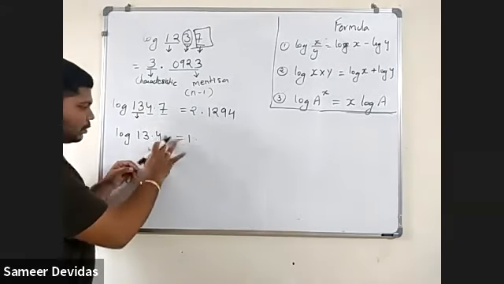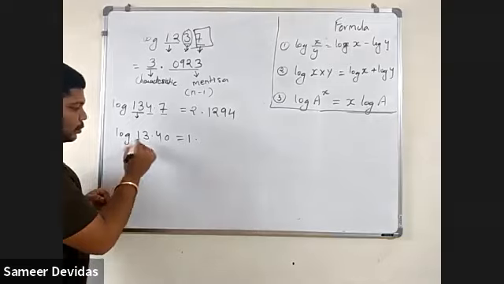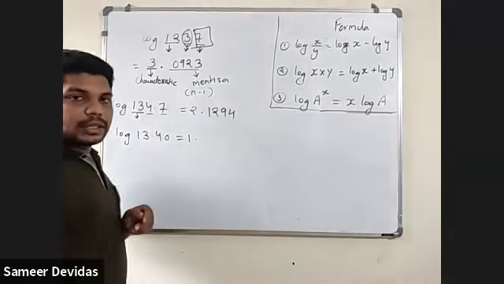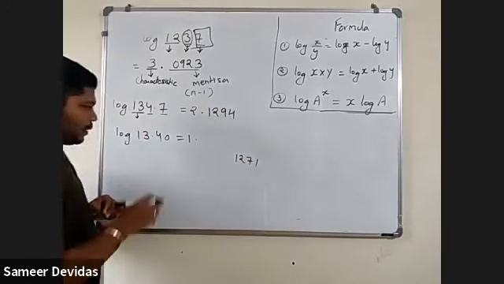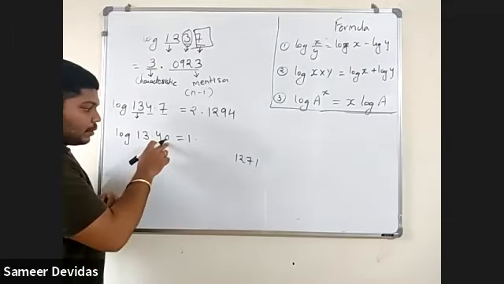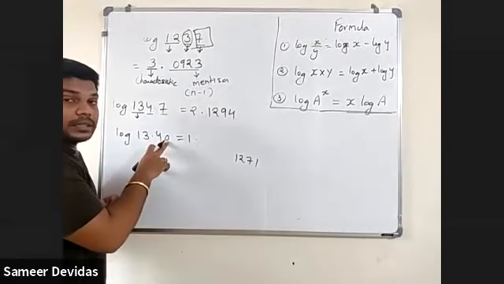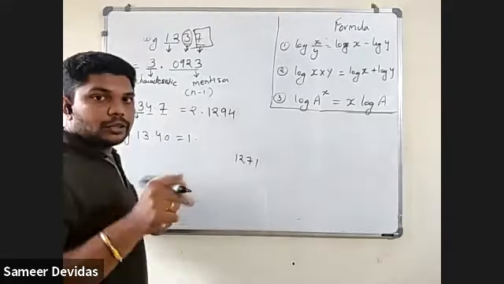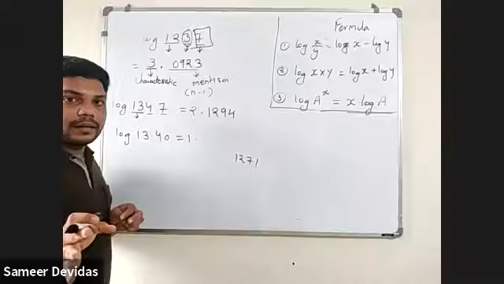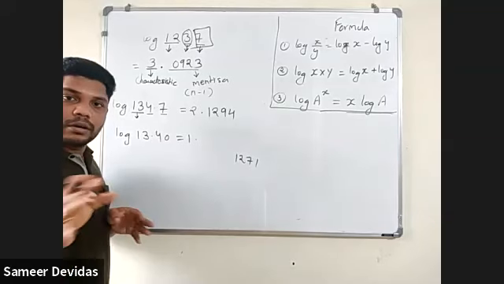13.4, that is 4 numbers. We will consider it as 40. So 13 under 4. What is the answer? 1271. Okay. Then 4 is done. The mean difference, I have told you, one more number is there in the mean difference, but here it is considered as 0. So is 0 there or not in the mean difference? Not there. That means this is your final answer.